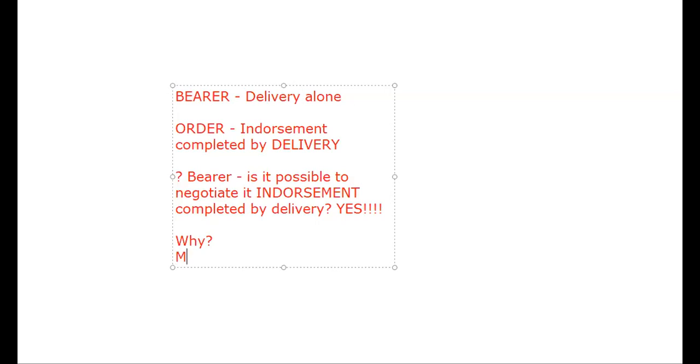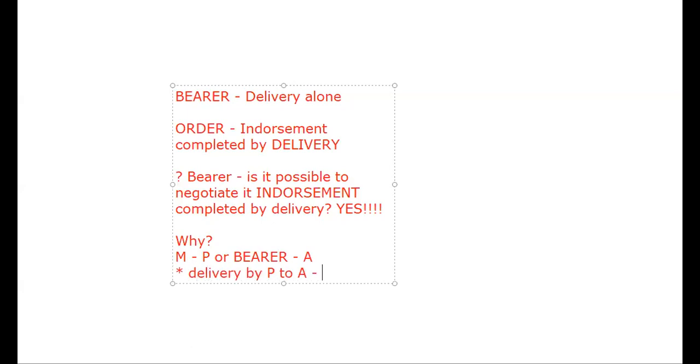So, ganito. Maker issued a promissory note, okay? Payable, so si maker, si M, payable to P or bearer. So, there is no question. It is a payable to bearer instrument kasi it is payable to a specific person or bearer. Now, what did P do? The bearer of the instrument. Ang ginawa niya, P delivered the instrument to A. So, the mode of transfer was only delivery by P to A.